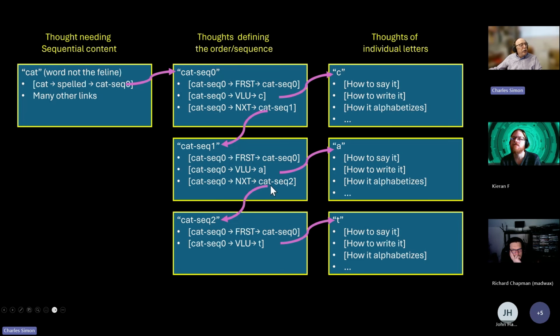And each of these has a next, NXT, that says, well, this is a typo. This is cat sequence 1 should go to cat sequence 2. Cat sequence 0 went to cat sequence 1, and this was cat sequence 1. All of these should be cat sequence 1, and these should be cat sequence 2. Anyhow, we get to the last letter, and it has a T, and it has no next component.